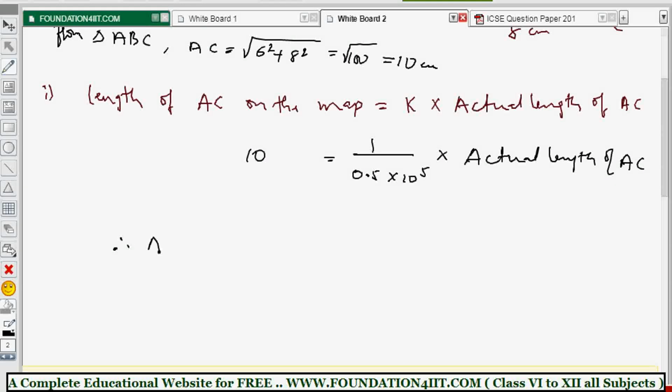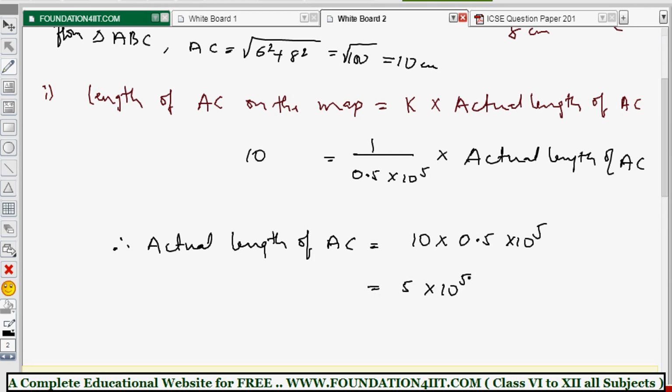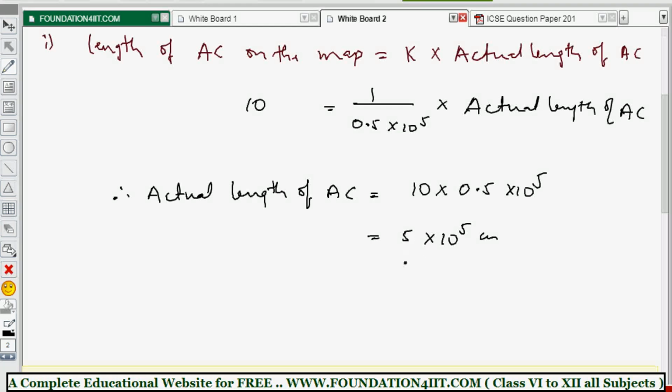Therefore, the actual length of AC is equal to 10 into 0.5 into 10 to the power 5. So 10 into 0.5 is 5. 5 into 10 to the power 5. This is in centimeters. Then 1 kilometer is 10 power 5 centimeters, right? So this is 5 kilometers. So the previous was in centimeters, and now it's in kilometers. Now next again,